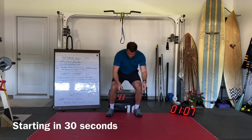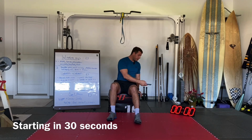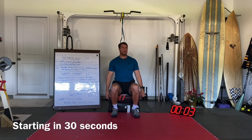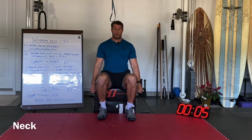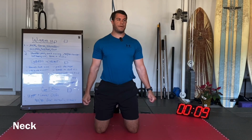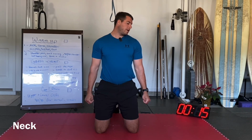So what we're gonna do is start seated, or we can start standing. That's up to you. All we're gonna do to start is sit up nice and tall in a chair, or we can be kneeling, or we can be standing, okay? Just like this. Squeeze our fists. From here, we're gonna go ahead and bring the chin down, rotate the neck, bend the ear to the side,